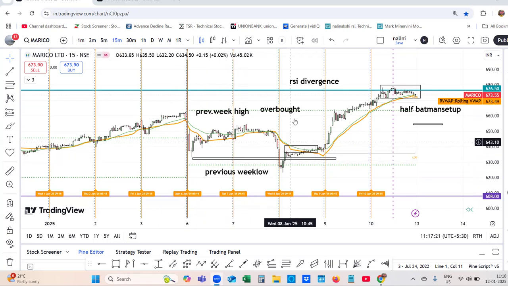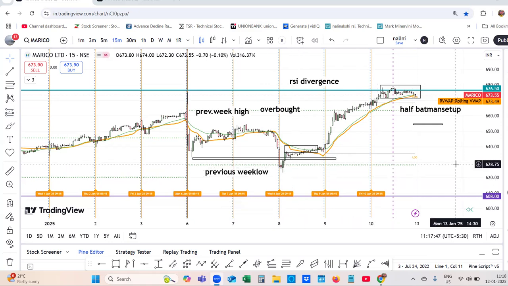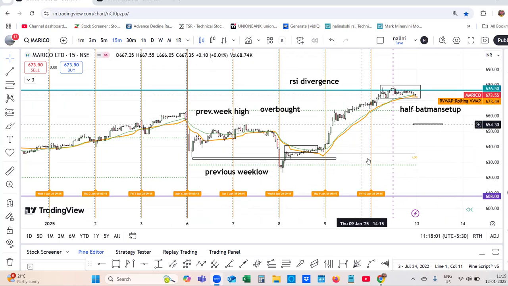Combining the two setups with the weekly routine, 7 steps, I'm going to bring in two setups, that is the trap and reverse and the Off Batman setup. I've chosen the stock Marico because it is showing perfect setups so that you can see how you can make use of it. In this setup, weekly template,